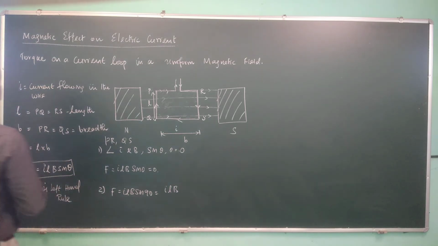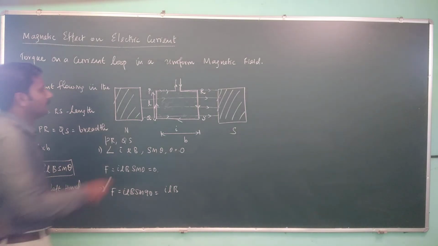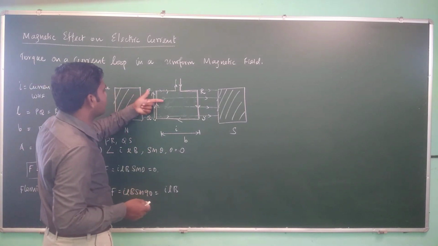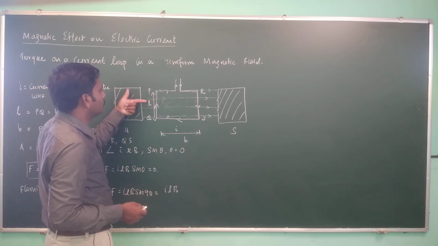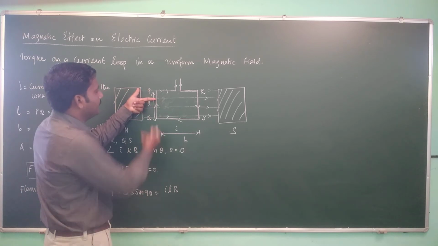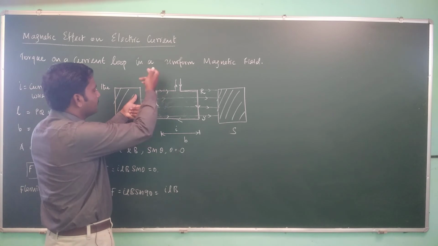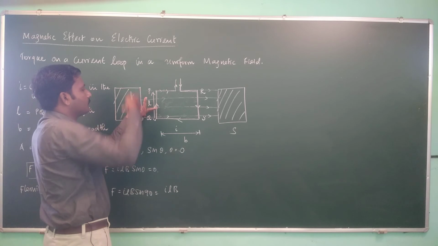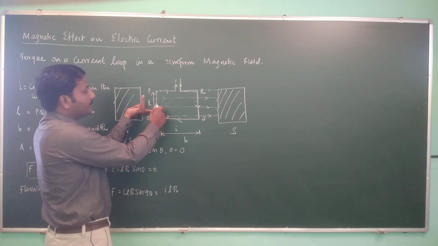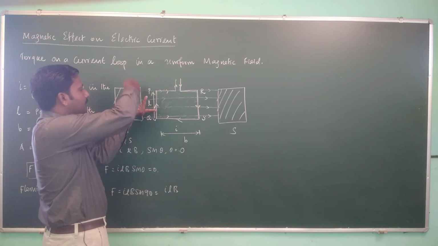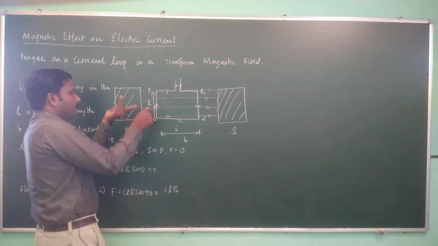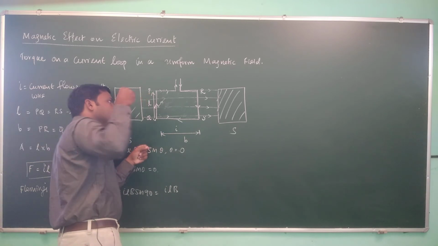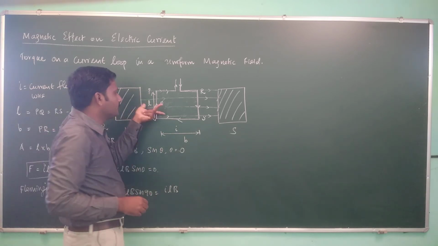But what would be the direction that we would like to understand? See, in the phase PQ, this is the direction of the magnetic field. So we can put the forefinger here, and upper direction, this is the direction of the current. So this should be put like this. In this case, this is the direction of the magnetic field, this is the direction of the current, and in that case the force is directed inwards, that is, the force is pointed into the board.